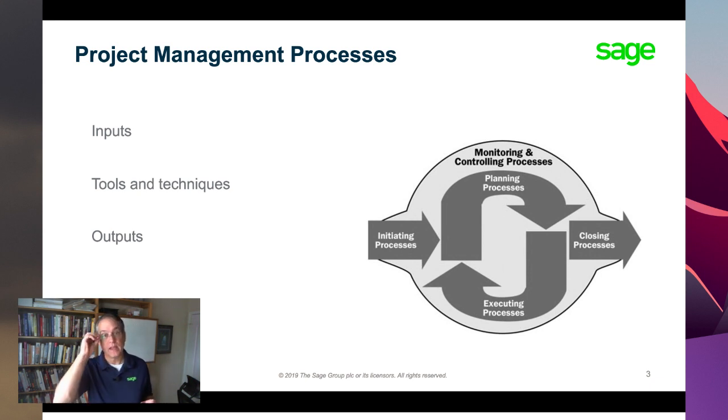versus planning. This diagram is directly from the Project Management Institute and the PMBOK, the Project Management Body of Knowledge. This graphic illustrates what the Project Management Institute knows as their 5 process groups: initiating, planning, executing, monitoring and controlling, and closing. About the only thing you can say with certainty about this is that initiating comes before closing. I know, I'm a genius, right?